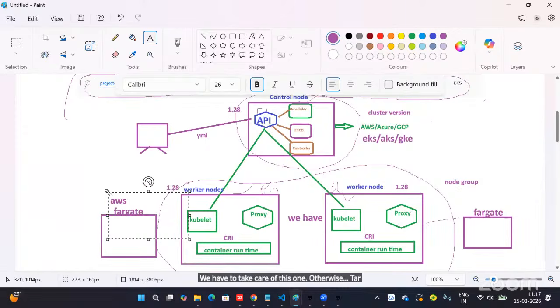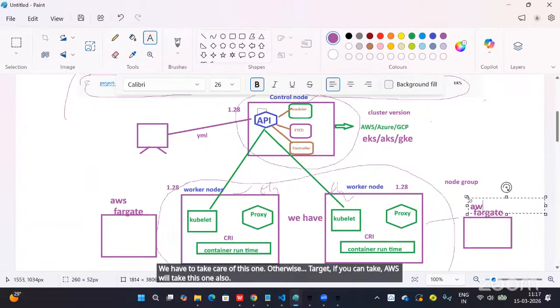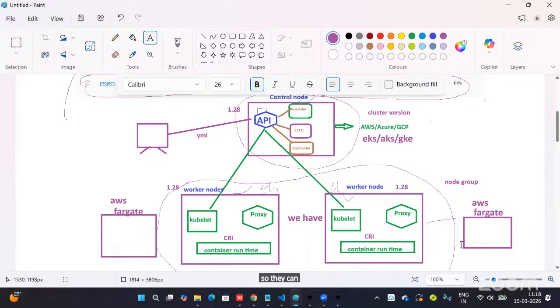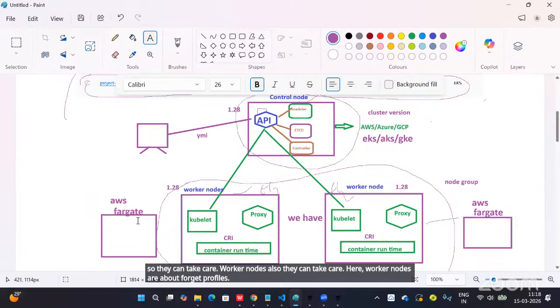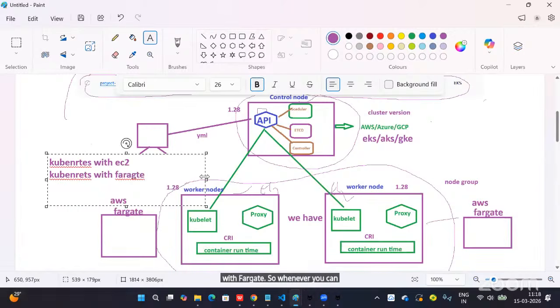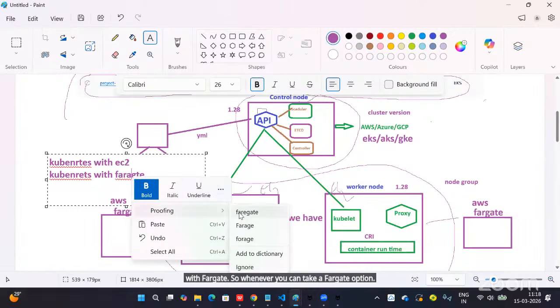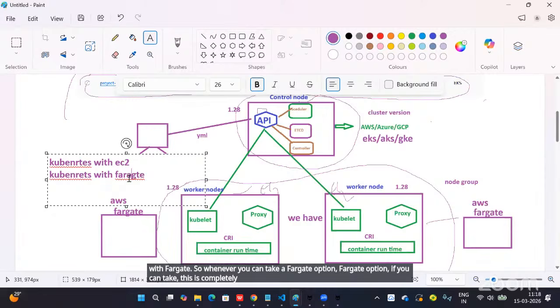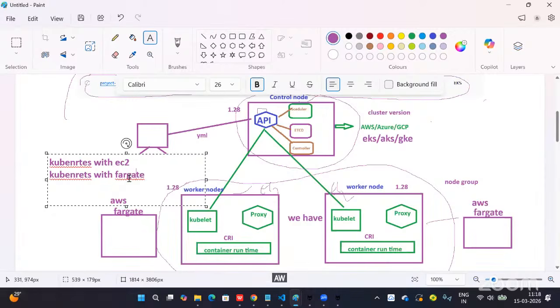If you take Fargate, AWS will take care of the control node also and the worker nodes also. So two options are there: Kubernetes with EC2 or Kubernetes with Fargate. Whenever you take the Fargate option, this is completely taken care of by AWS. You need not take care of anything.